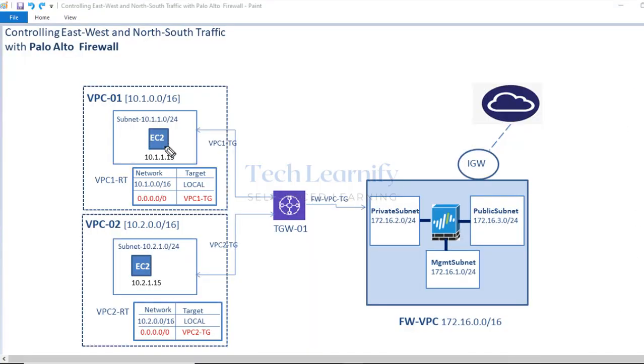In this lab, we are going to see how to configure routing so that traffic of different VPCs gets inspected with firewall security policy. And even this firewall VPC should be the exit VPC